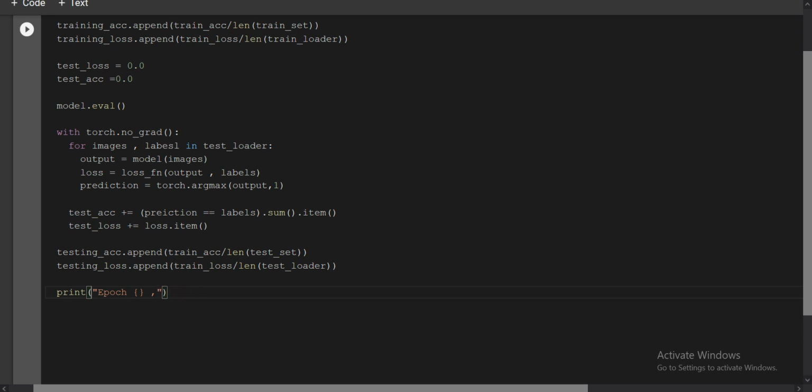Now write training accuracy with a placeholder, then testing accuracy with a placeholder, then training loss with a placeholder, and testing loss.